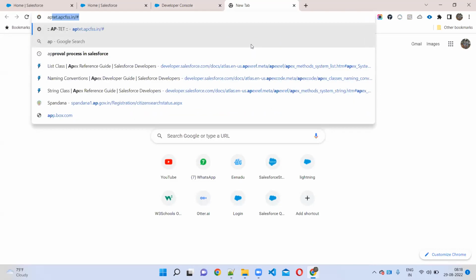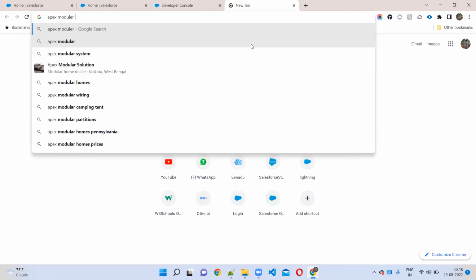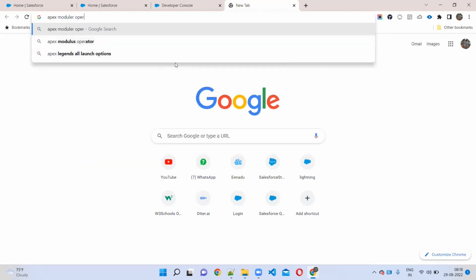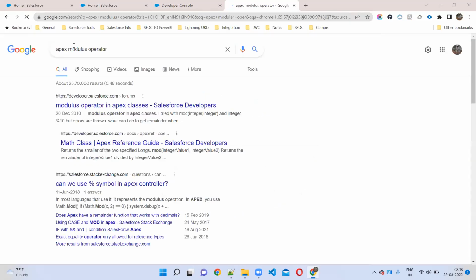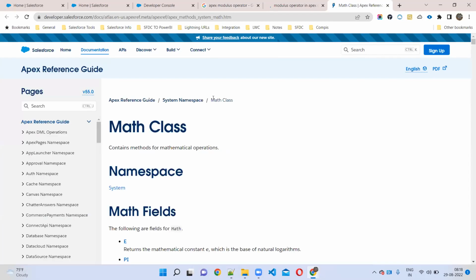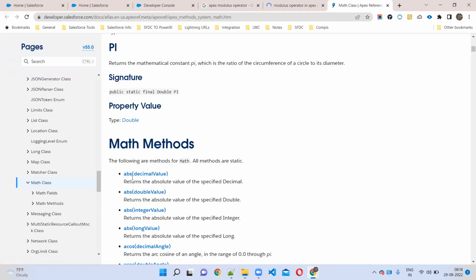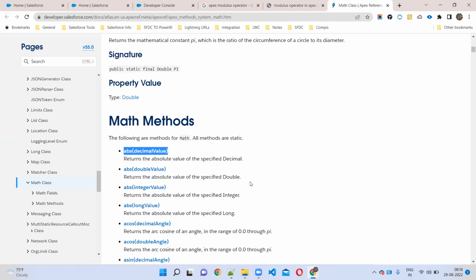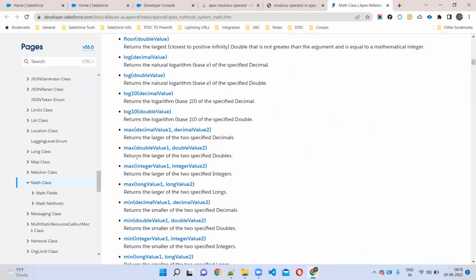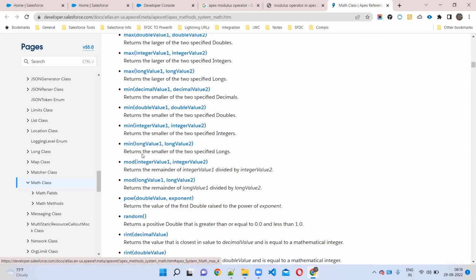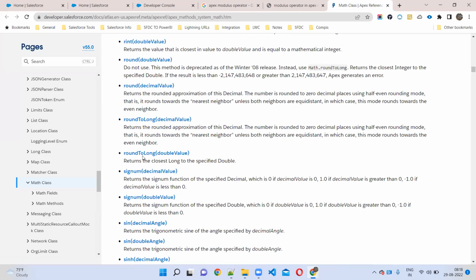We have something called the modulus operator. You can also look at other things. What functions do we have in Math? Abs returns the absolute value of the specified decimal. Similarly, we have floor, round, and max. You can pass two integers here. Which one is the maximum number you want to know? Because there is a max function. Similarly, here we have